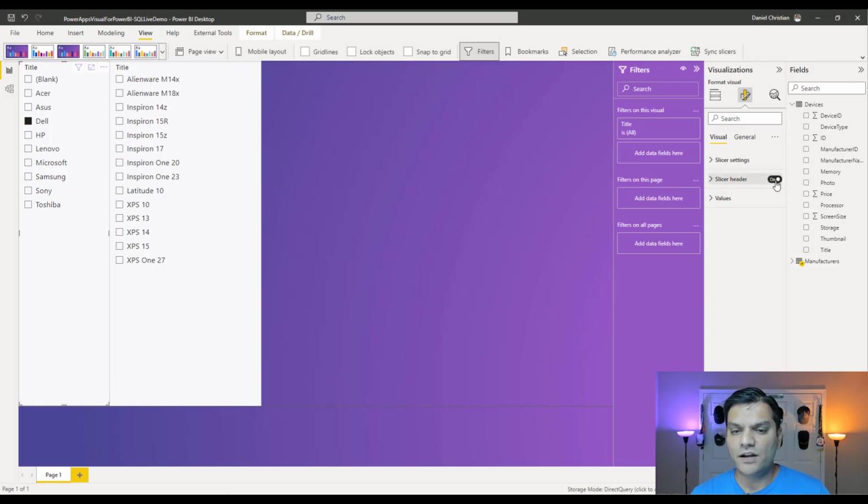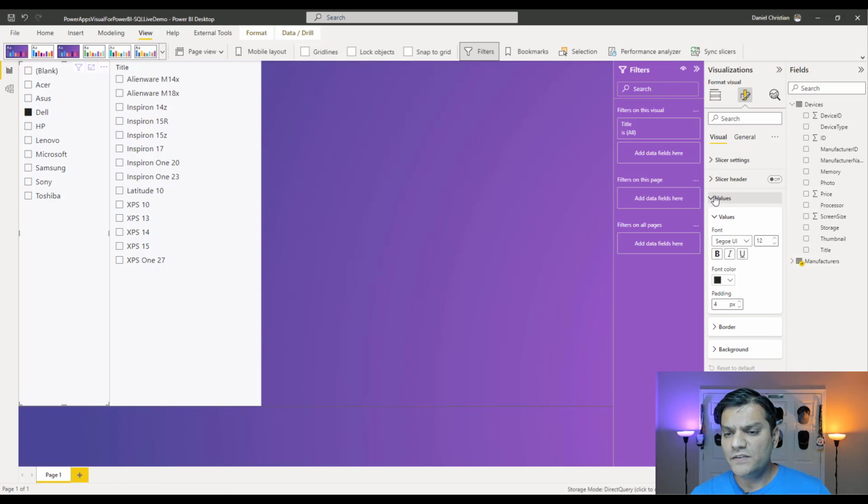I can go and turn that off. I can actually go to the general section. I can go and hide any icons over here. I can go back to the icons, the visuals. In the visuals, these values that are coming in, I can actually go and change that to, actually before I